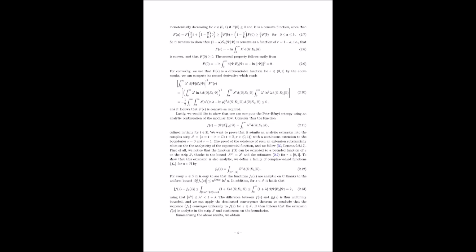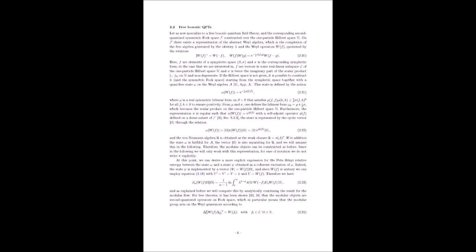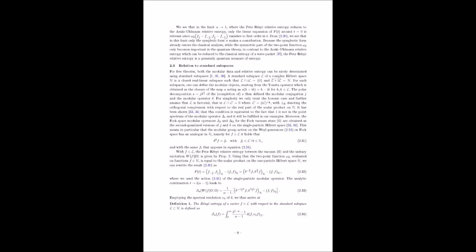Sure. The symplectic form is present in both the classical and the quantum descriptions of the system. But the symmetric part of the two-point function is purely quantum. Purely quantum. It arises from things like the uncertainty principle. So Petz-Rényi entropy is capturing aspects of quantumness that Araki-Uhlmann entropy just misses. Exactly. It's like Petz-Rényi has a sharper lens. A sharper lens, yeah, it can see finer details in the quantum world. It's sensitive to stuff that's fundamentally quantum mechanical. This is incredible. So what happens next?